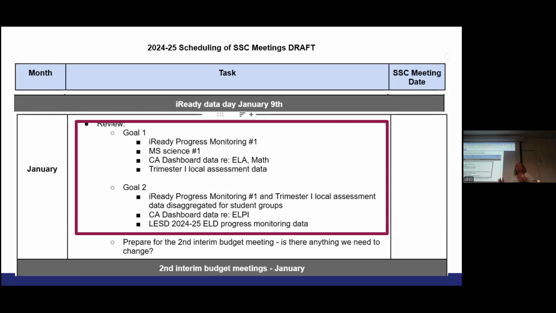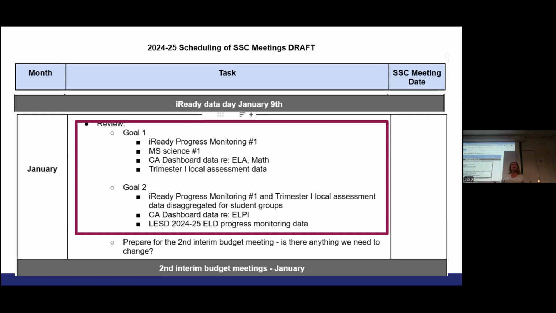Now, why is reviewing this information important? We have to see as the SSC, the school site council, we all tie together. So everything that we have here as a community of multilingual families, we take it up. ELAC schools, all of our schools take it up to the SSC, the school site council. And these are the goals that they have for our students. Once they analyze that data, they see, okay, where are we with these goals and what can we do in addition to what we have been doing? What can we change to make sure that we reach our goals?